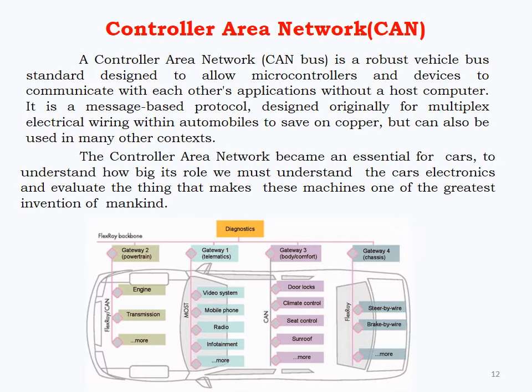Here we are going to see about CAN, that is, controller area network. In the controller area network, this is the main point. It is like a computer network. It connects all the subsystems, all the sensors, all the data inside the car. For example, we have already seen that we have different kinds of ECU, n number of ECUs available in the car. So all the ECUs are controlled by the controller area network.